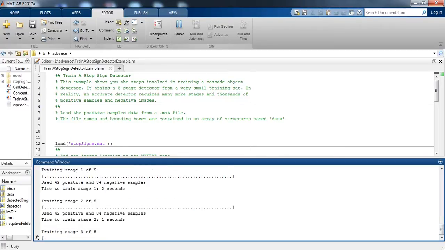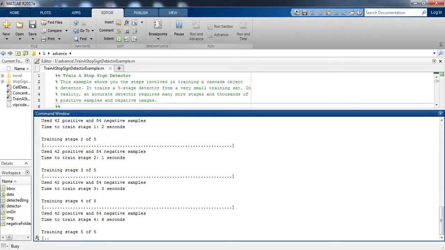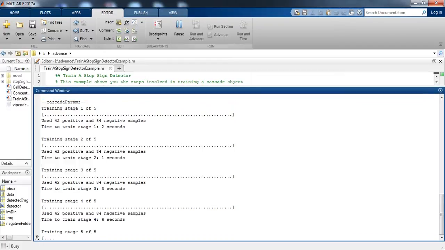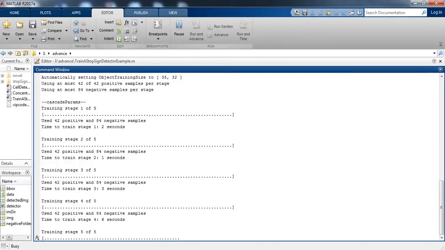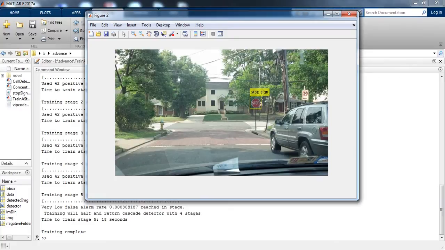Okay, now you can see it is training stage 1 of 5. It is basically a 5 stage strobe sign detector example. Now the 4th stage is also completed and the 5th stage is running.